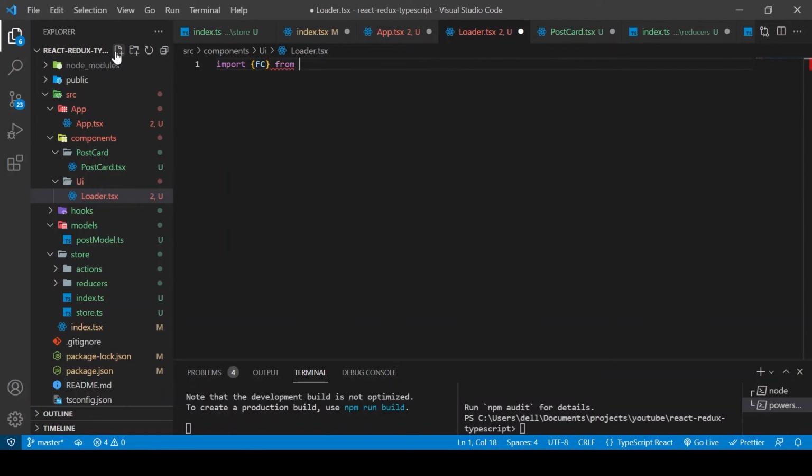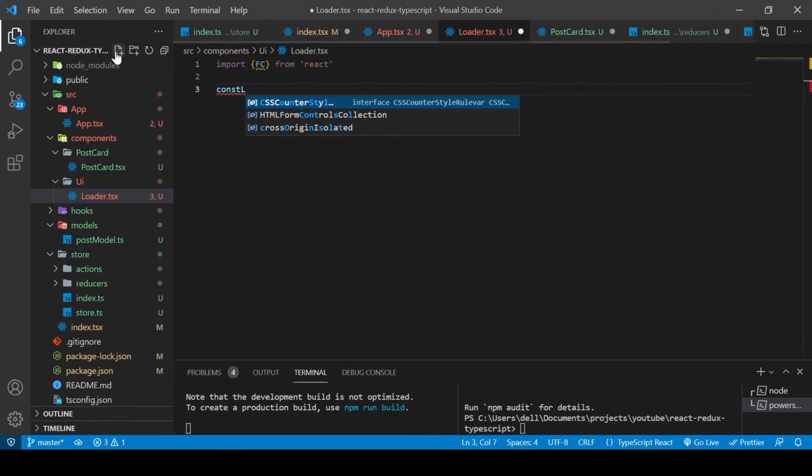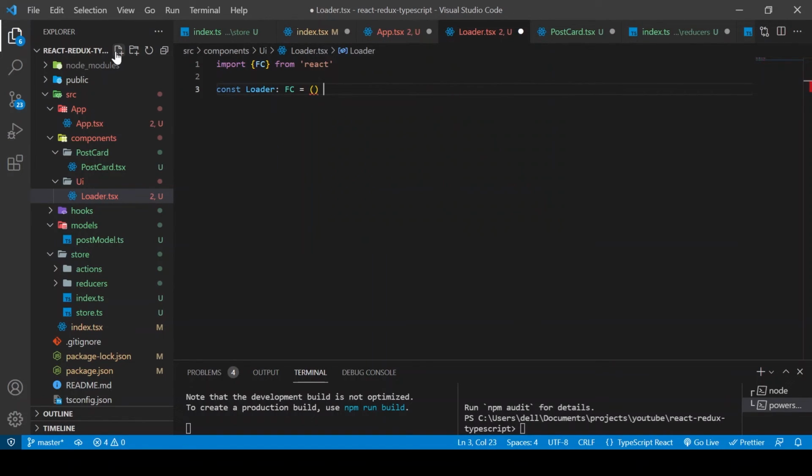we are going to import FC from React, and then we'll create the actual JSX for our loader. We'll say loader is of type FC. It's going to be an arrow function, very simple arrow function as you would imagine, and we would